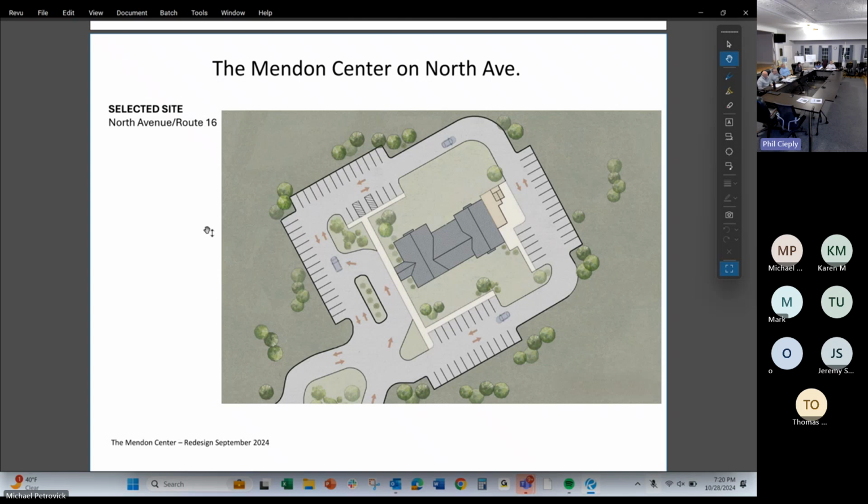I'll touch on the next one briefly. Why can't we renovate the existing center? The center to the left of it has a lot of wetland. If you look at the topology of the area, there's quite a portion of wetland around it, so there's not really much expansion behind it. And we tried to look at that, and the cost of